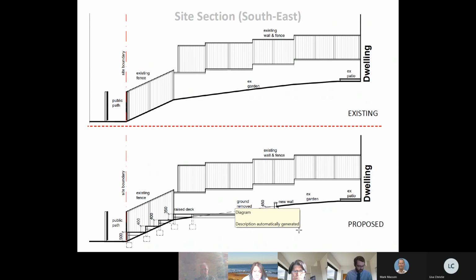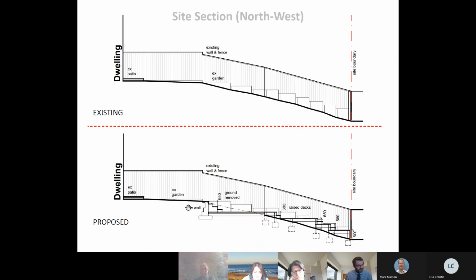So this is just a section through the site from one direction and this from the other. And you can see how the steps have been incorporated into the design. And there's various spot heights here, just to show any increase above the existing ground level. So at its most, you're hitting 65 centimetres, 58 centimetres, 50 centimetres, 38, and that's again at the highest point, 65. But you have to bear in mind that there is ground removed for the formation of that portion, so that's not 65 centimetres on top of the existing ground level. Excuse me. So sorry, I think I've just described that ad hoc rather than reading my script there, but